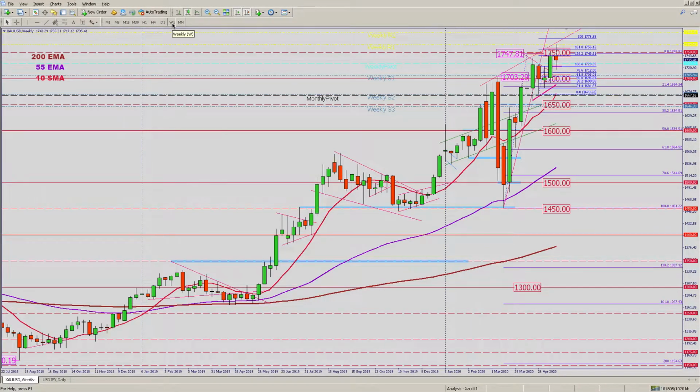Let's take a look at the weekly time frame. It closed as a spinning top, so the momentum has waned and was not able to continue higher. So we'll see whether there's a turn in the short term back down to the 17.6,